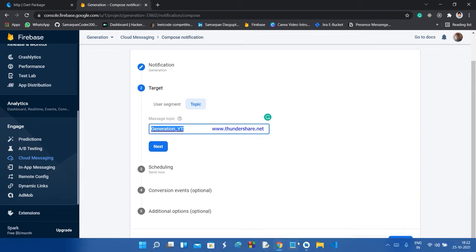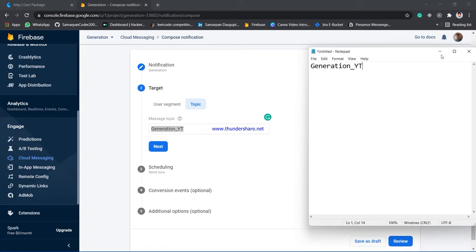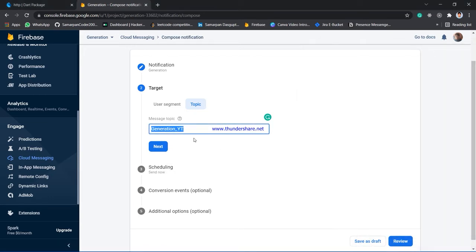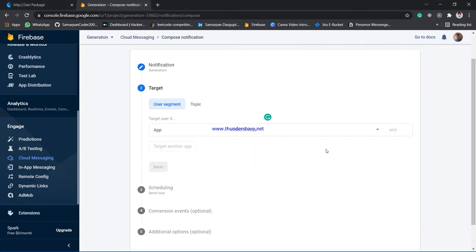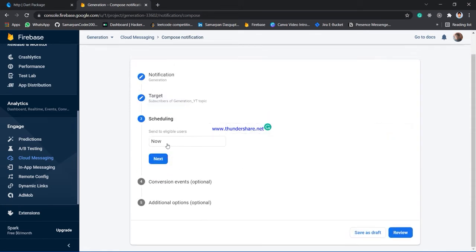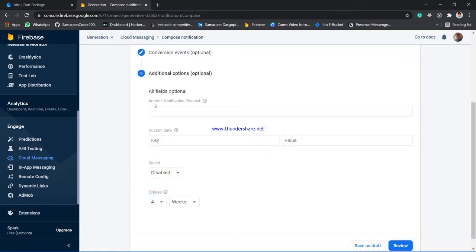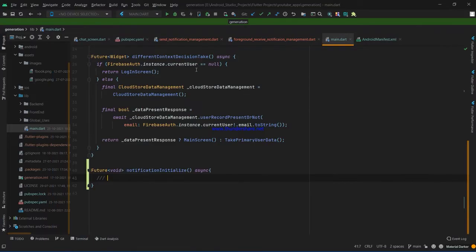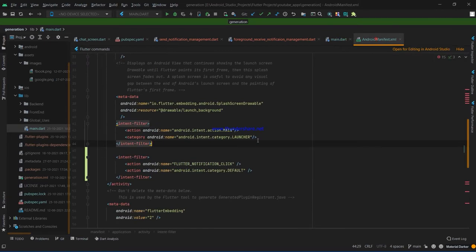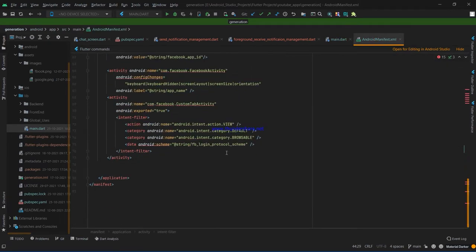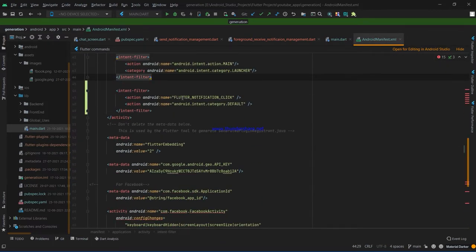I note it here because we use that in our code as well. So I note it in the notepad, and then come here, user segment, select an app, generation YouTube, send now to eligible users, now next. Okay, we have to provide the Flutter notification channel, which is what we use in the AndroidManifest.xml file, Flutter notification click.